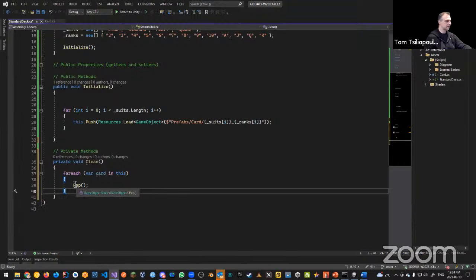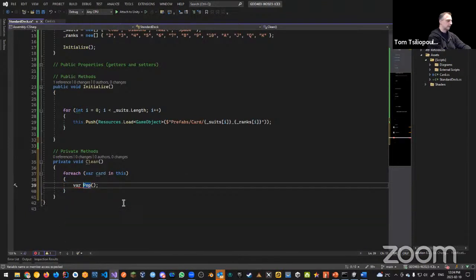There it is. So I can say var, or we can say that I'm popping the card off of the stack. I'm looping through for each card and I'm popping it off. But if I use a for each loop to do this and I'm popping them off the stack, I want to destroy the game object. So I could do this, or I could just simply say